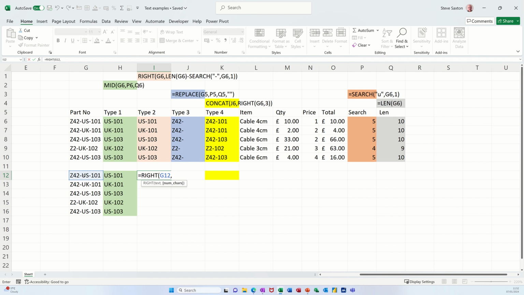So it wants the number of characters. This is where I'm now going to use the len function. So I'm typing len and I'm clicking on the cell again, closing that len function. Then I'm going to minus, that's going to give me a figure of 10. I'm going to minus the search function. So I'm typing search, pressing tab to get that up. And I'm looking for the dash,